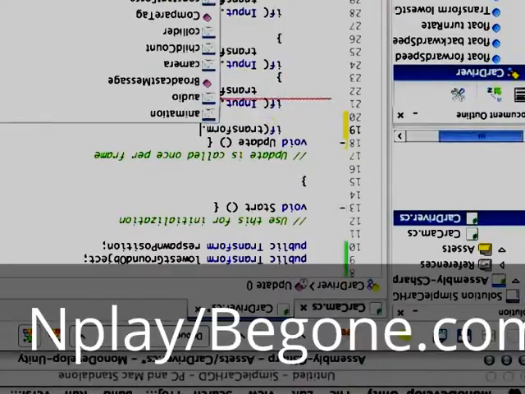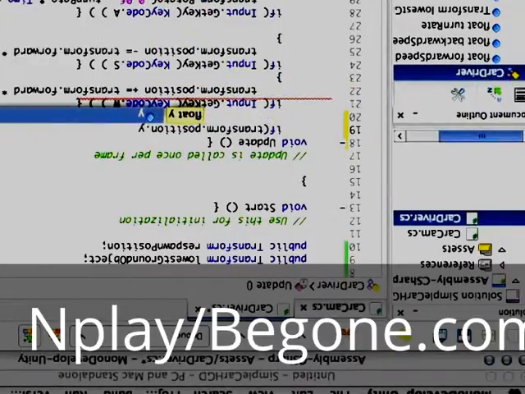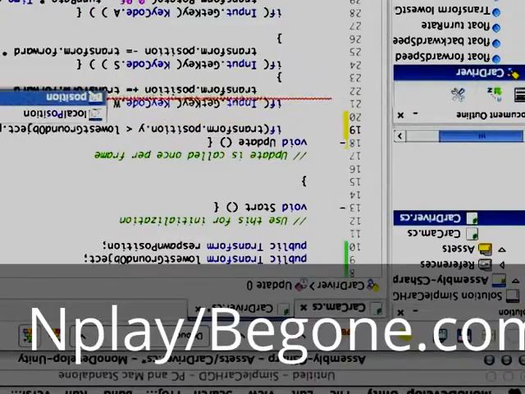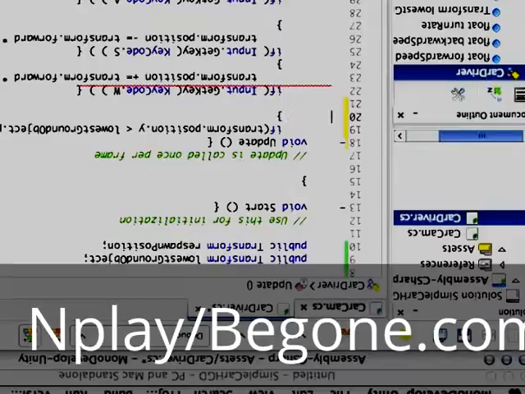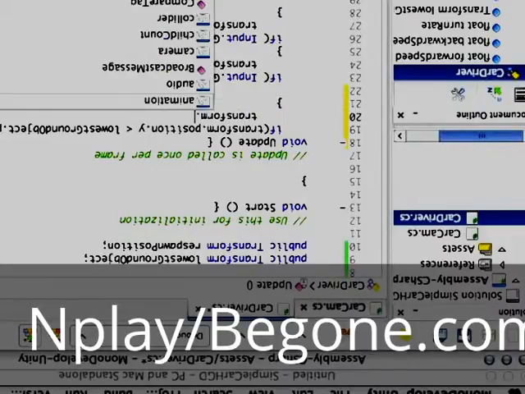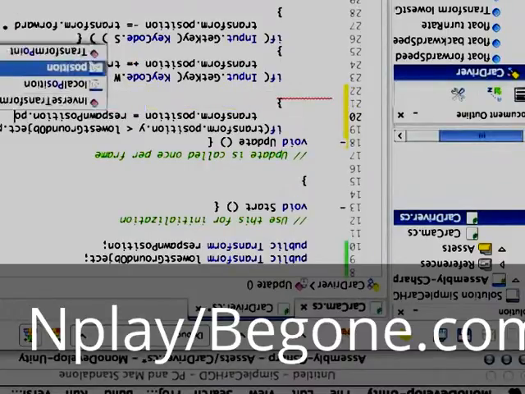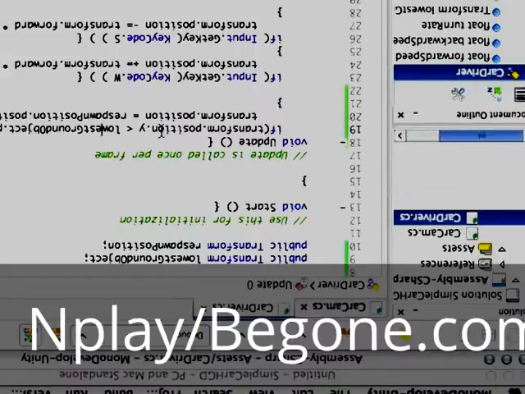If the car's transform position vertically, or Y, is less than the lowest ground object's position.y, then we want to set transform, which is our car's position, to respawn's position. If you think about this, it makes sense. It's again kind of wonky if you haven't gotten used to it yet, but we're comparing the y position of our car to the y position of the ground object we're going to feed it. And if we were below it, we're going to set the car's position to match the position of our respawn